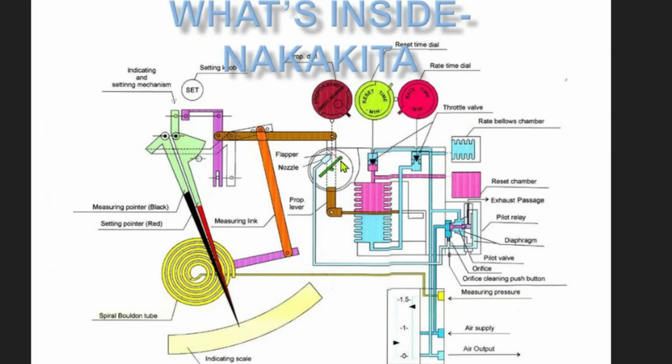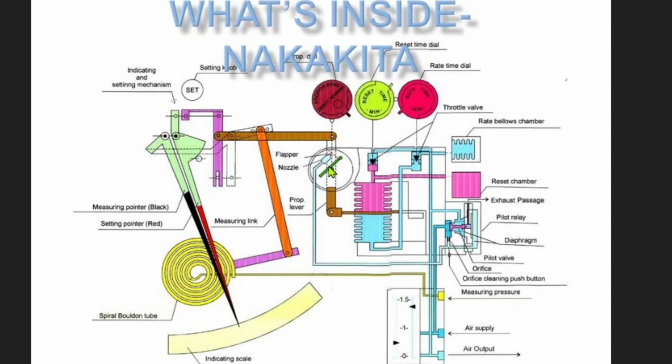Now, this is the proportional setting knob by which we can control the proportional operation. Its value ranges from 10% to 250%. When we reduce its value to the lower value, that is 10%, its sensitivity will increase, and when we increase its value to 250, then the process sensitivity will be reduced. If the sensitivity is too much, it will cause the hunting effect.